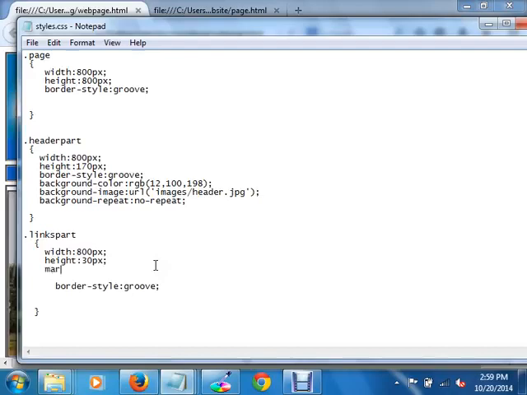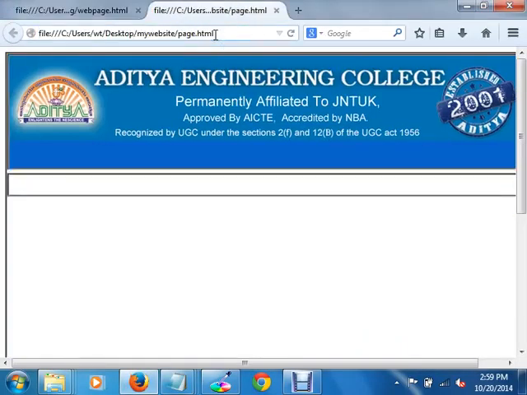I am using margin-top. That means the space between the top component and this one. I am using 5 pixels. Okay. Now it is displaying a space.